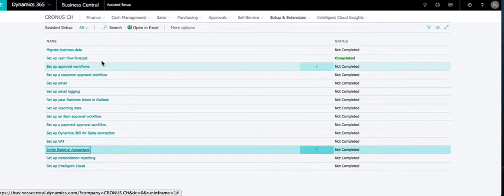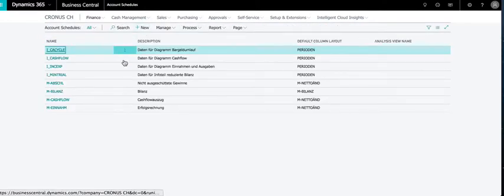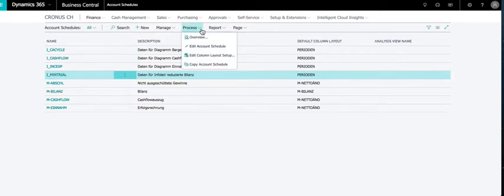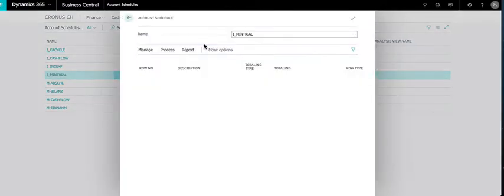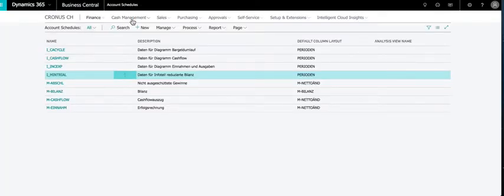From a finance point of view, I would like to show you something called Account Schedules. This is a configurable tool which helps you set up all the finance reports needed by your company. This is a very flexible functionality which you can use to compare budgets with real figures from the general ledger. You can change periods and generate your P&L, balance sheet, and cash flow report. If I drill into the amounts here, as I showed you on the home screen, I can directly open the